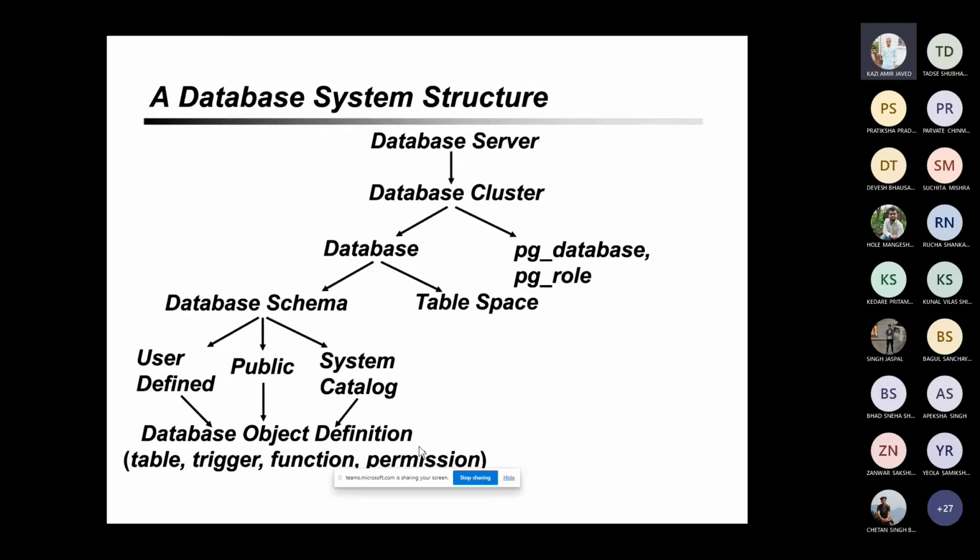Now this database server will have a cluster. This cluster can be created by the user, or by default a cluster is added by the system whenever you install Postgres as a database. There are two methods to install Postgres. One method, which most of you applied, is to install the Postgres software using binaries. So you said apt-get install postgresql, and then you gave 11 or 12, 14, whatever.